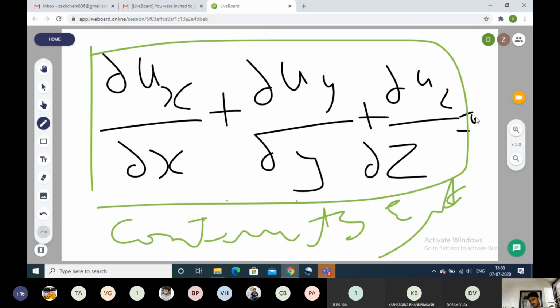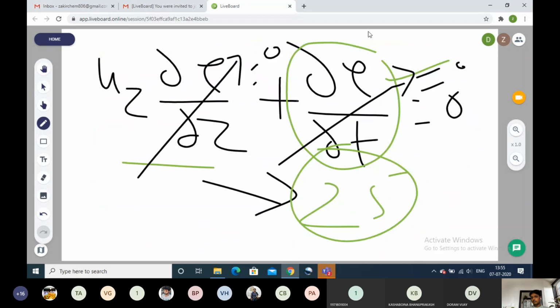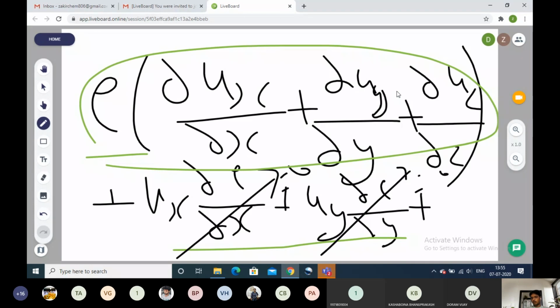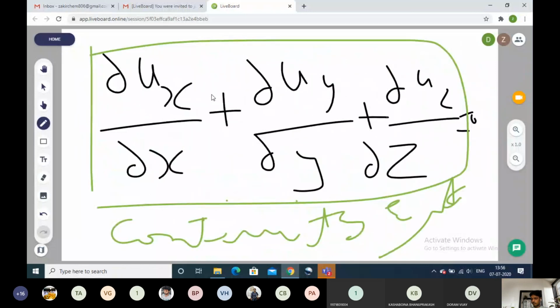This is as per our assumption. The first one is that the chemical reaction is zero. So we are considering the RHS term as zero, and at the same time we are considering our equation to be at steady state. For the steady state, we will neglect the term dou rho by dou t, which is independent of time. The next one is that we are considering our density to be uniform. Uniform is nothing but independent of spatial coordinate, whether it may be x, y, or z. So we will neglect all these terms. The left out term will be density into all the velocities. Finally, we are left with these terms after applying all three assumptions. Therefore, this equation is called the continuity equation.